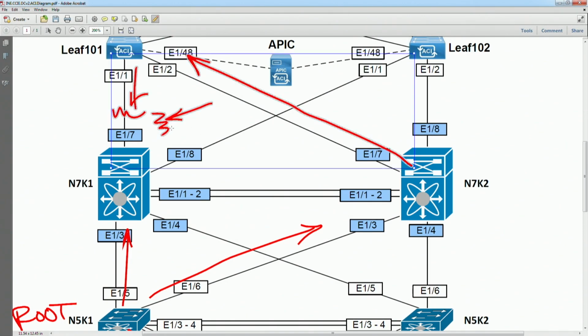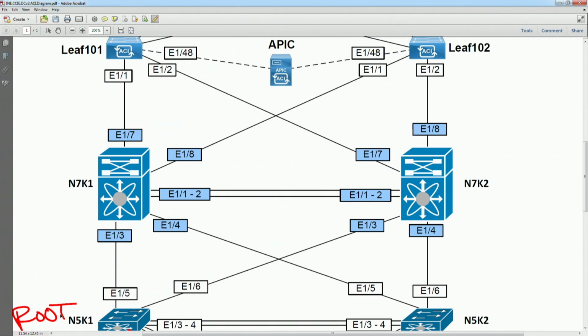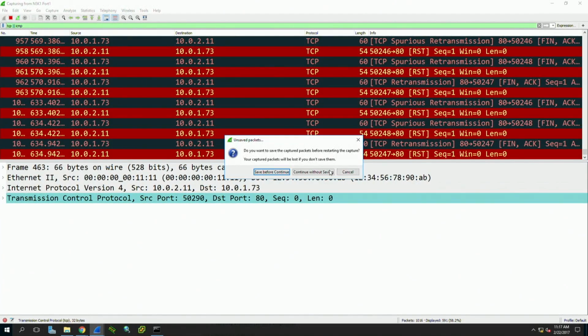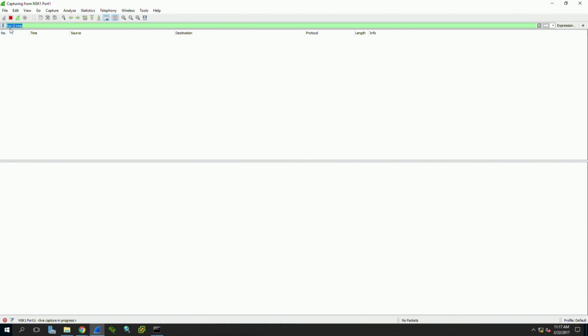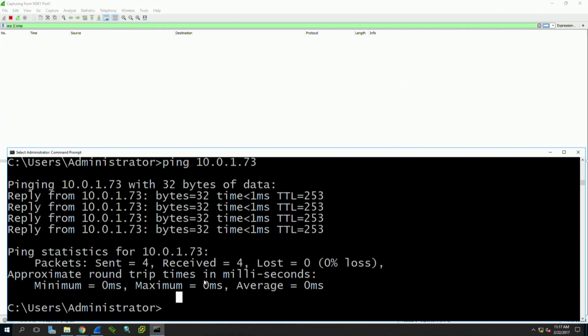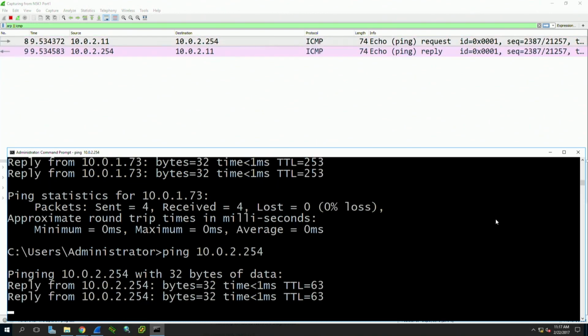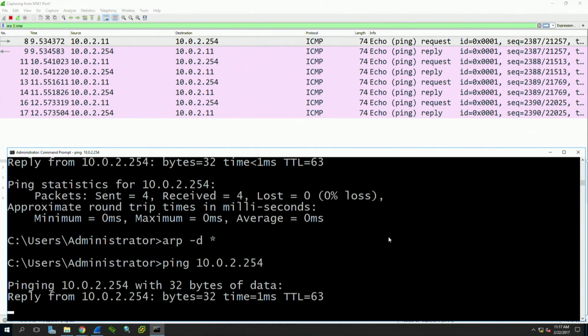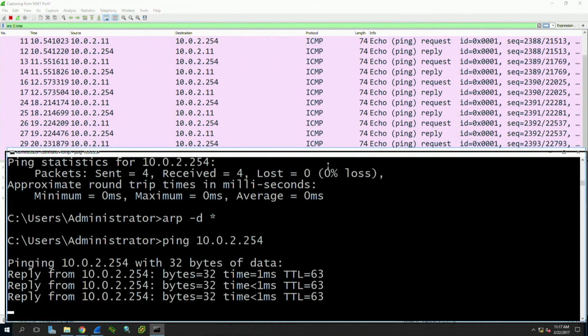Okay, but let's say that we were to undo that. The way that we can undo this is basically to filter the spanning tree packets as they're going from the 7Ks to the leafs. Okay, so what I'm going to do in the meantime is go to the server, and I'm going to capture both ARP packets and ICMP packets. Okay, so let's say we were to ping our gateway, ping 10.0.2.254. Okay, we can see just echo and echo reply. If we were to delete the ARP cache and then ping again, we should see that